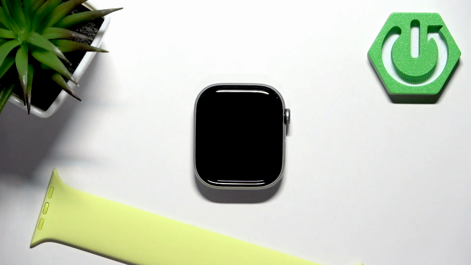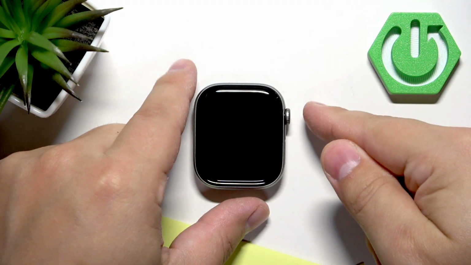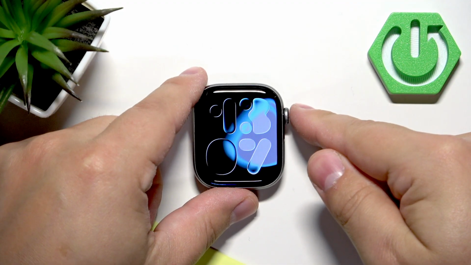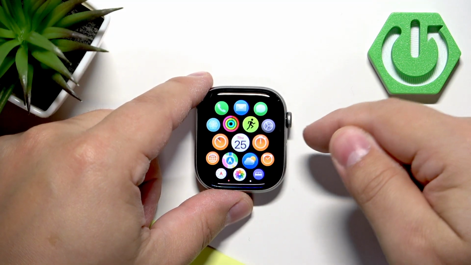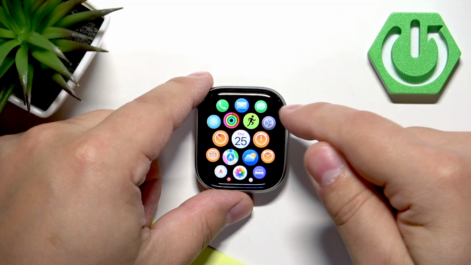First we need to wake up the screen on our watch, and you can do it by tapping on it or by pressing the crown button. After you wake up the screen, press the crown button to open the menu. Now scroll through the menu and look for the settings icon, and after you find it, tap on it of